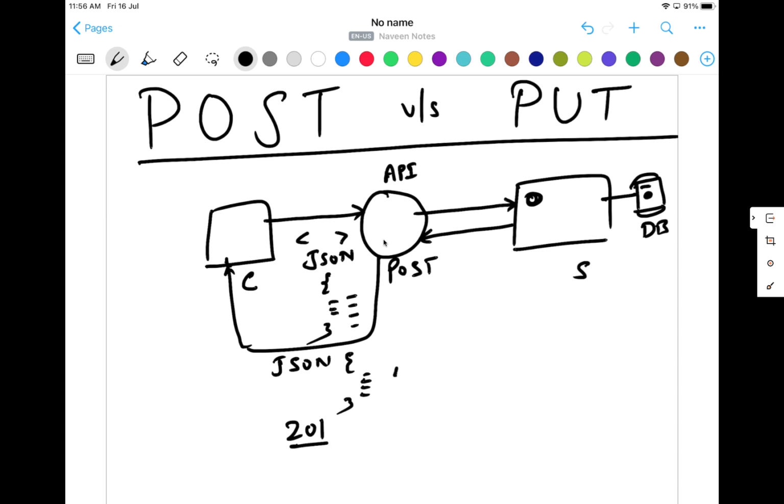And then it will create one identifier also. For example, it will append one ID over here. For example, let's say ID is 123. This will be created by the server, and other information, their name, their email ID, telephone number, user is active or not, will be returned back to the client that okay, yes, the user got successfully created with status code as 201.